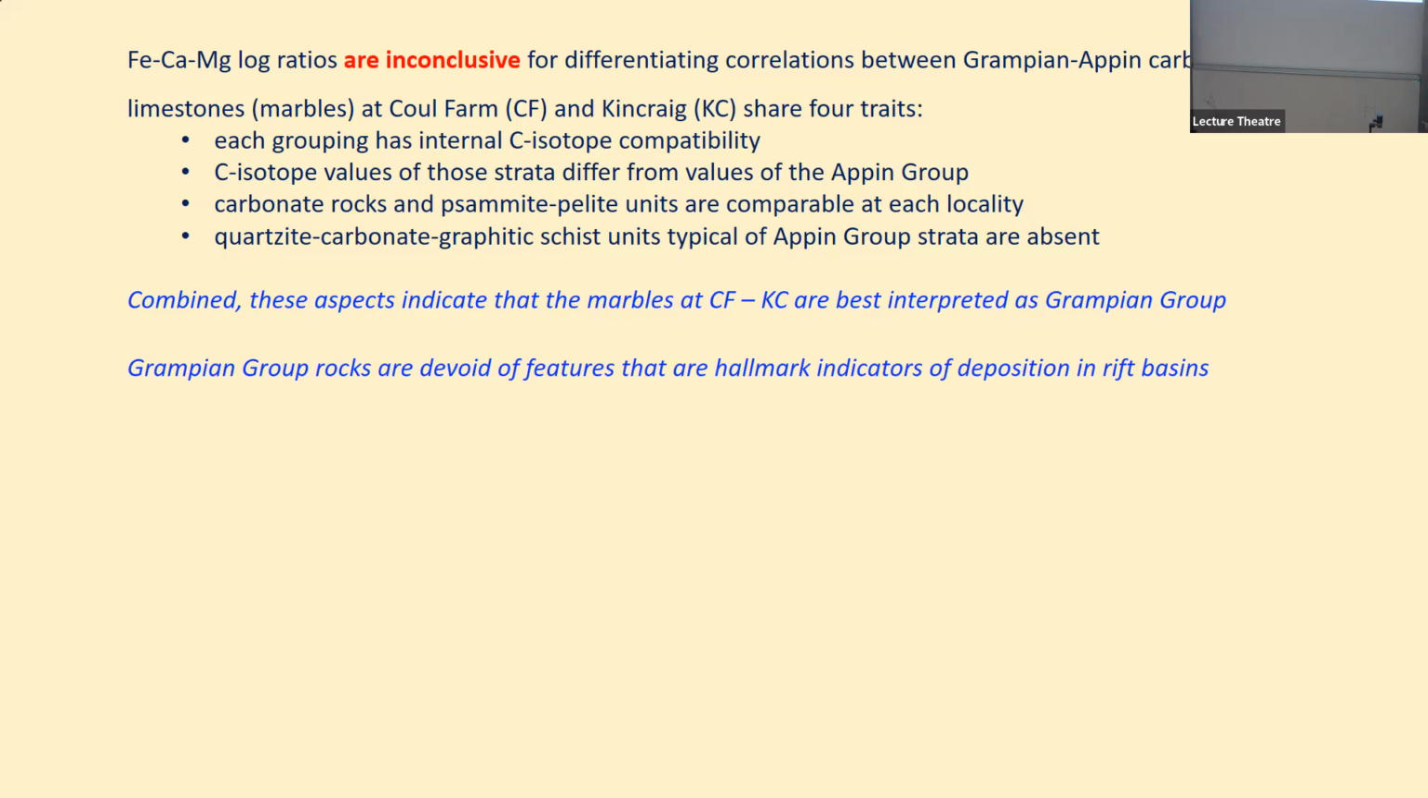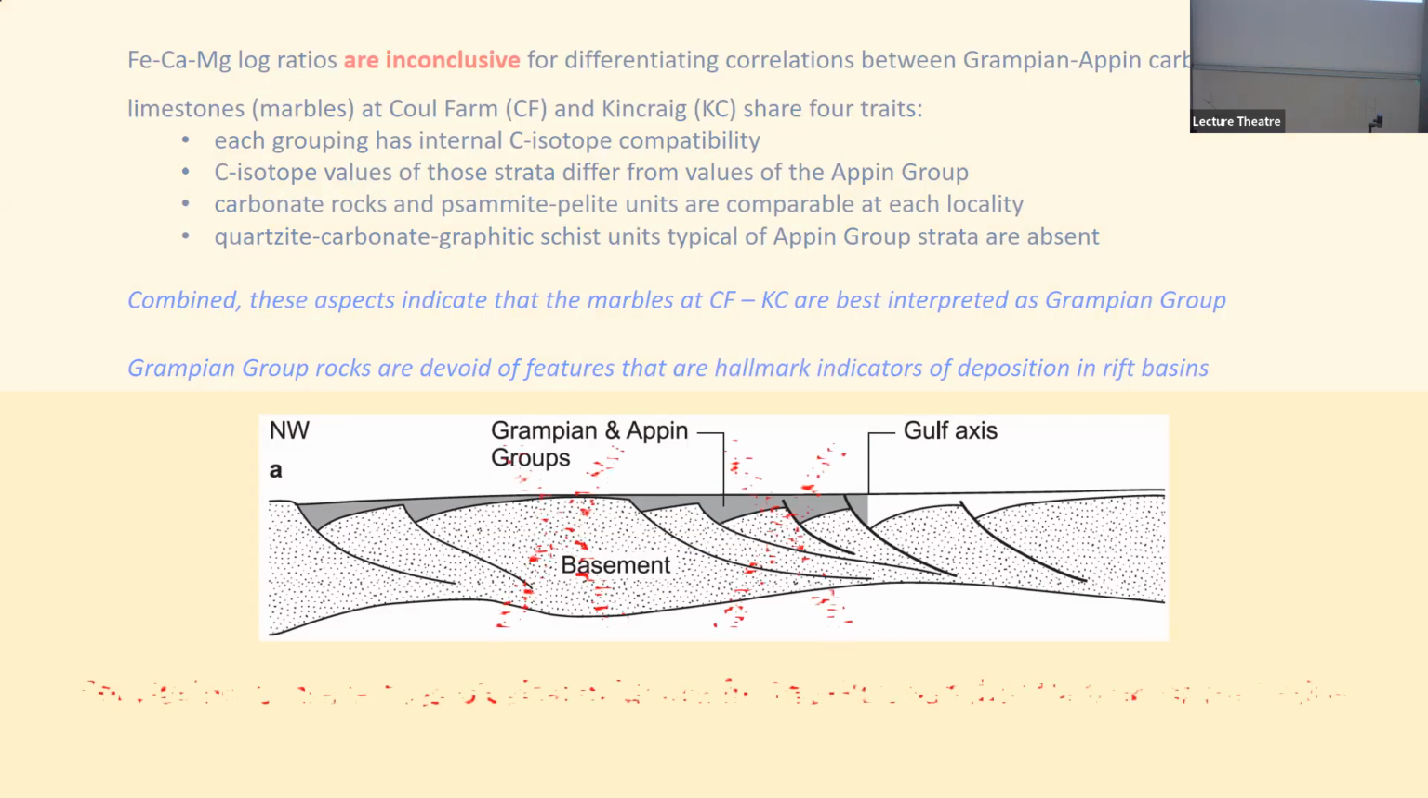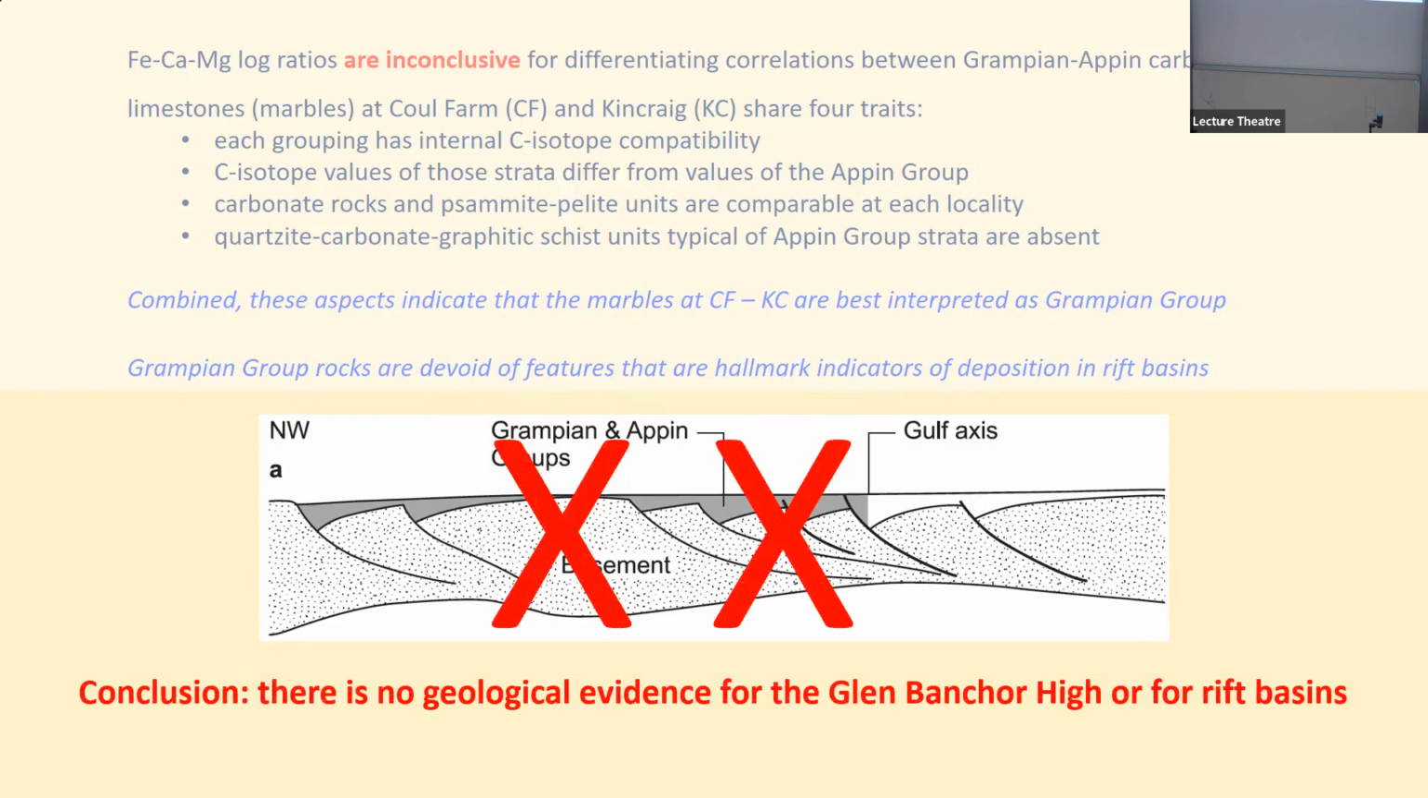Combine that then with the fact that the Grampian group rocks that are sitting around these inferred basement highs do not have any of the sedimentological features associated with rift-related sediments, then what one can say is that this is probably not the right way of thinking about the deposition of the Grampian group at the start of Dalradian supergroup sedimentation. There's no geological evidence. It was all based on the assumption that these Iapetus group rocks were onlapping the basement. Now, right,